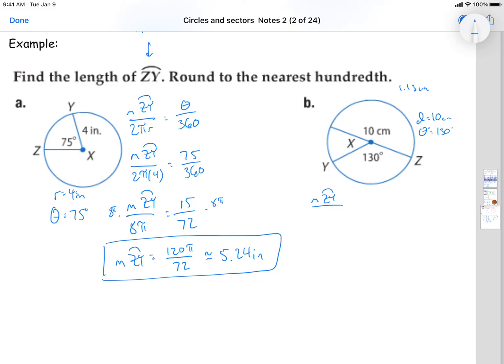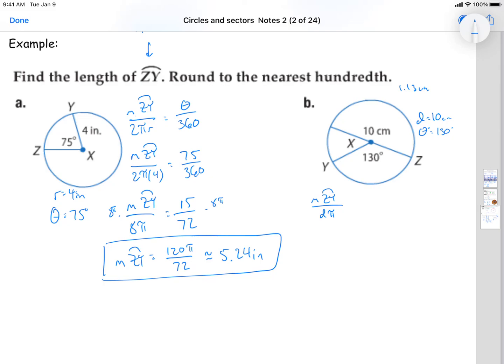Remember that there are two different ways that we can think of circumference, because that's what we're finding. We're finding a portion of the circumference. We can think of it as 2 pi r,